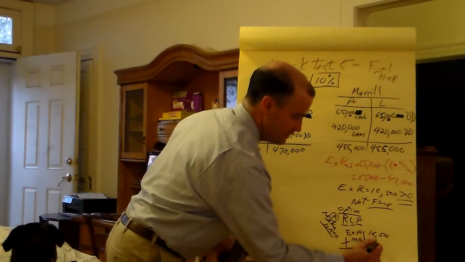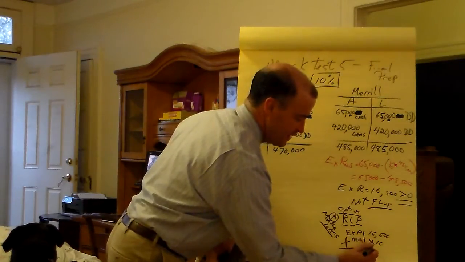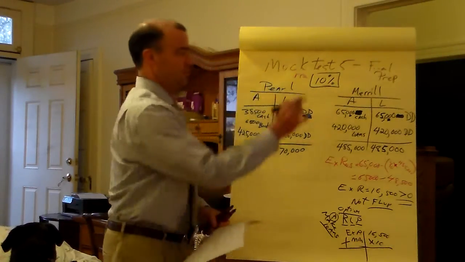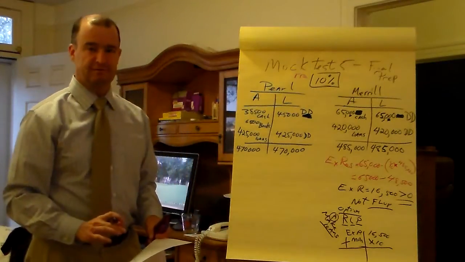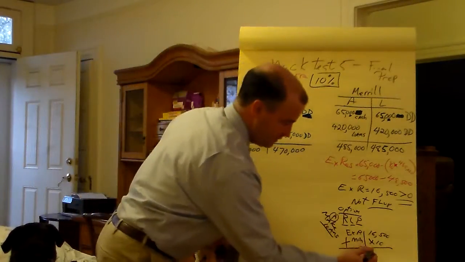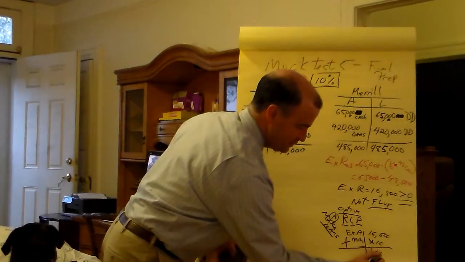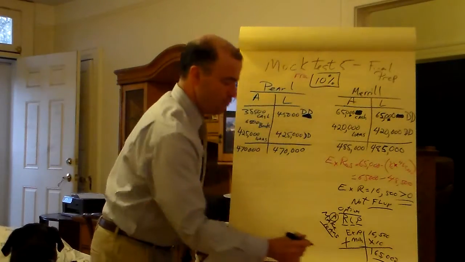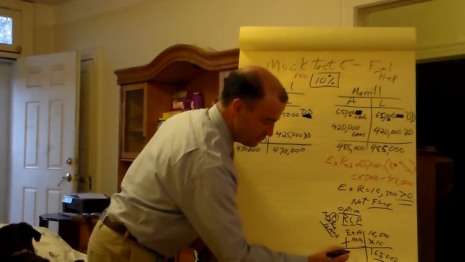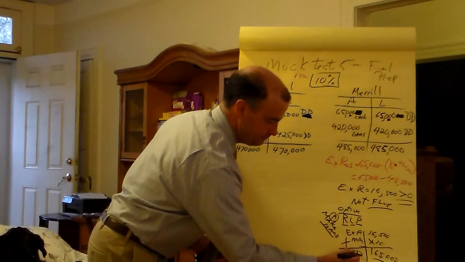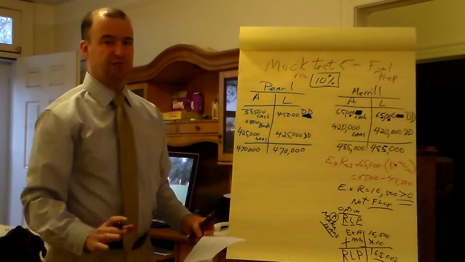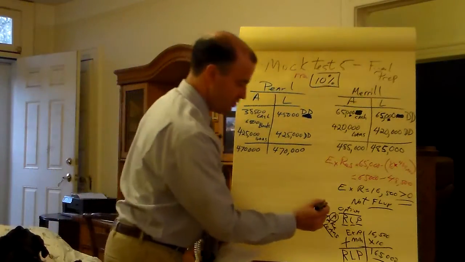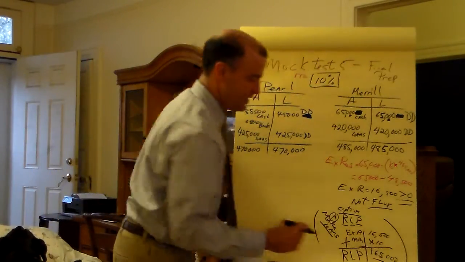16,500 times a money multiplier of 10. Where's 10 come from? 1/10 flipped over. Clearly that's $165,000. So she can make that one loan, or she can make a group of loans worth that amount, and she'll be fully loaned up. All right, so that is a key task,